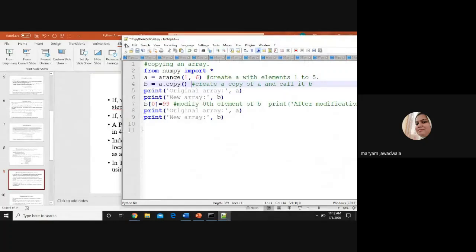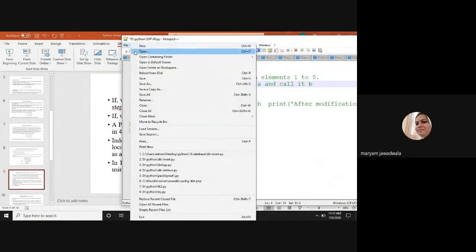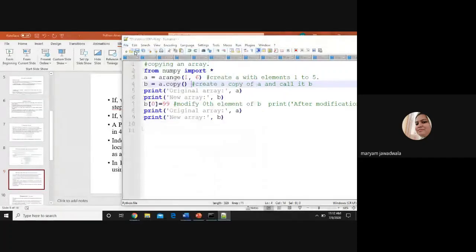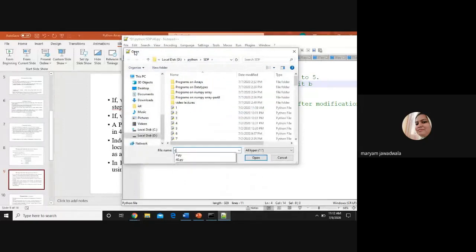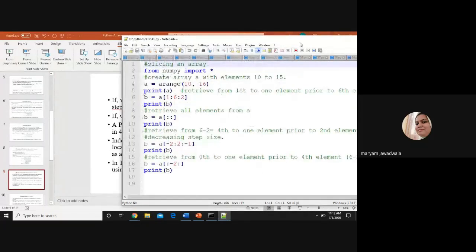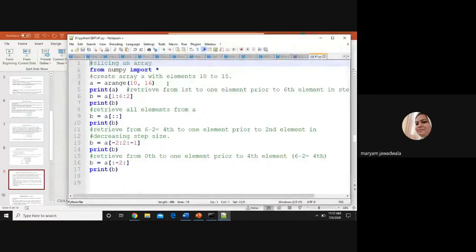Okay, so let's open this program, 41.py. This is my program 41.py. This is nothing but slicing of an array. I create one array using the arange function, from 10 to 16, right?